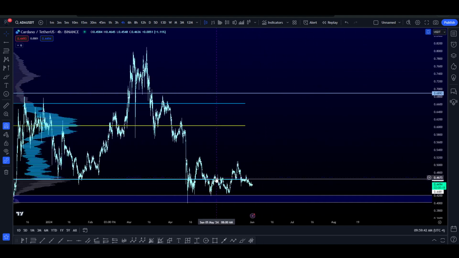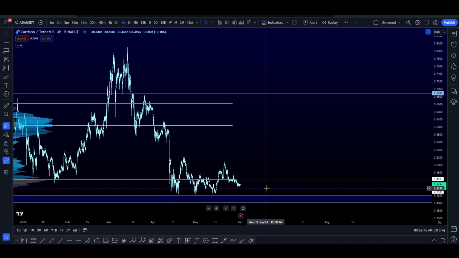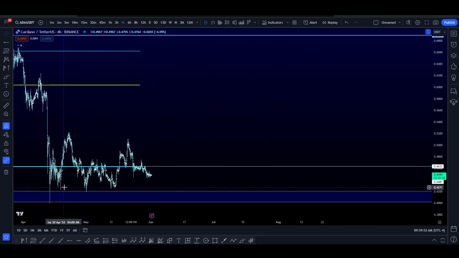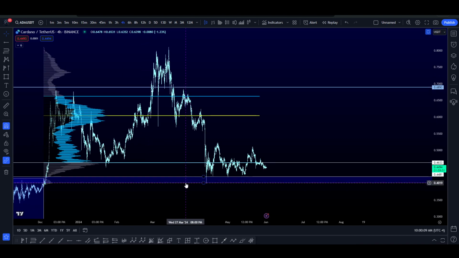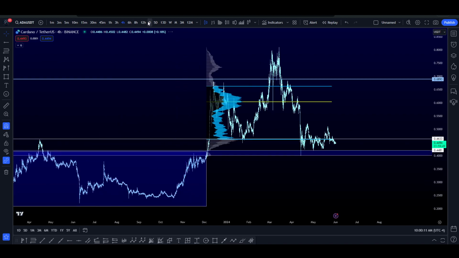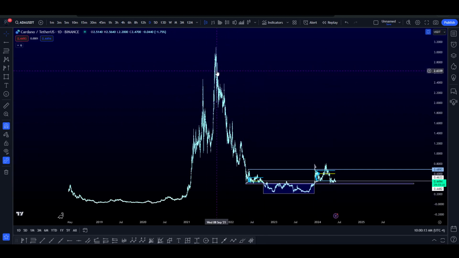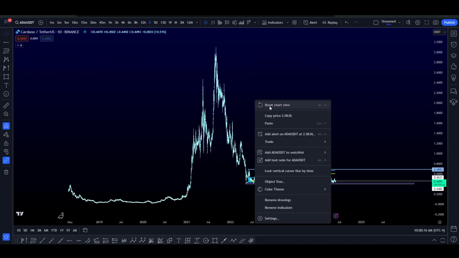But like I said, you are still at range lows, so if we do get price to move down just a little bit more closer to this 40 to 43 cents area, obviously that's where you can see buying pressure came in, and that's where the best area to enter a long would be, right? I mean, it's not bad getting in here, but the best area is definitely between 40 to 43 cents, right? So that's pretty much it. Very straightforward. Thank you for watching. In the end, I do expect Cardano to blast past all-time highs.